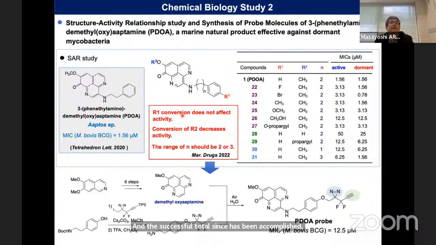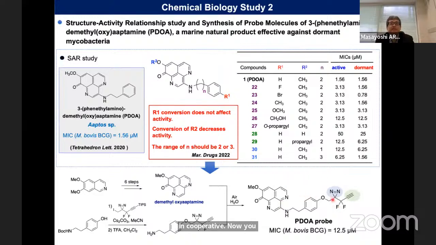Subsequently, we conducted a structure-activity relationship study using synthetic analogs. The results indicated that modification of the R1 position does not impact the activity. However, modification in R2 led to reduced activity. So based on this structure-activity relationship, we designed and synthesized a probe incorporating